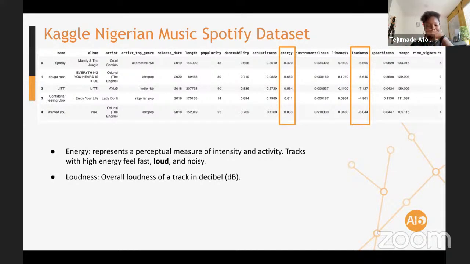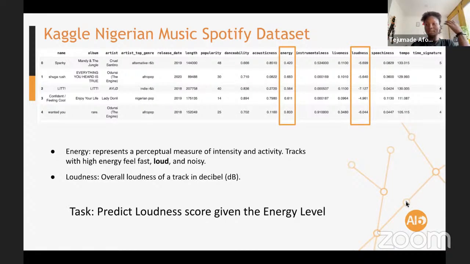So I thought this is a good relationship. And when I looked at the plot, it actually looks like there is some relationship between these two. So our task for this talk would be trying to predict the loudness score given the energy level. It may not make a lot of sense.